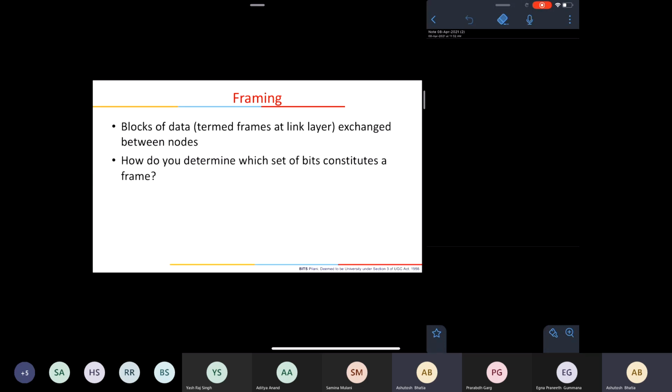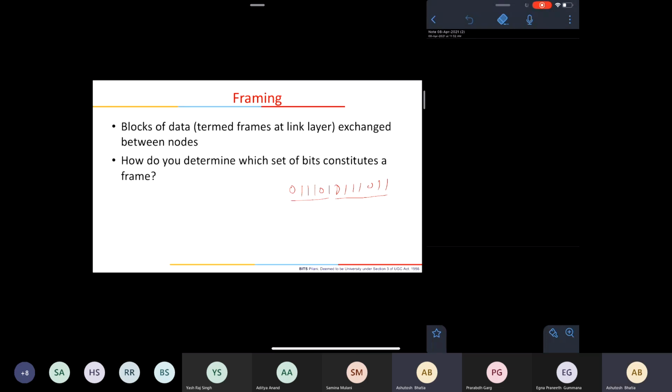Okay, so yesterday we discussed a little bit about framing in the last class, but just to reiterate, why it is required: if a receiver is receiving a stream of bits like 0 1 1 0 1 0 1 1 1 0 1 1, then how will it come to know where a particular frame is starting? So you need to know some